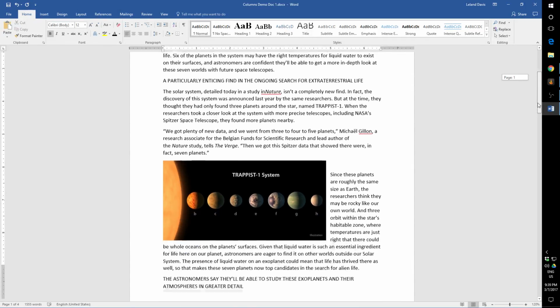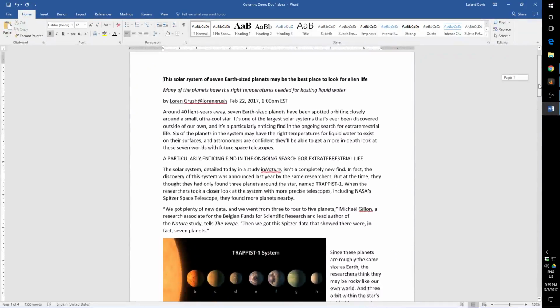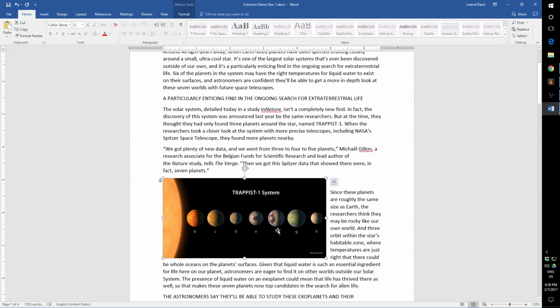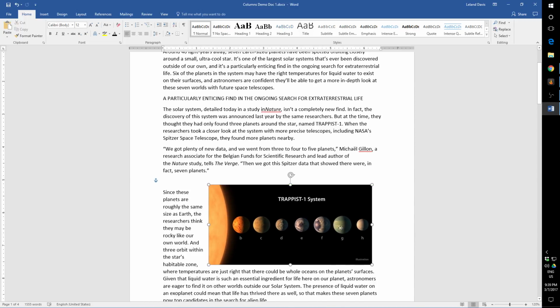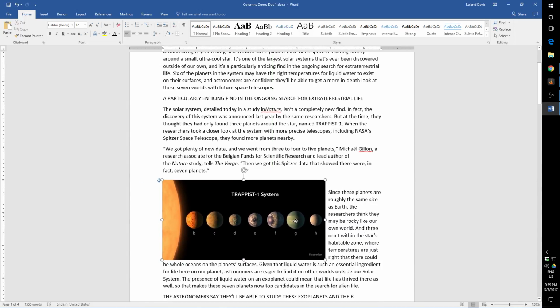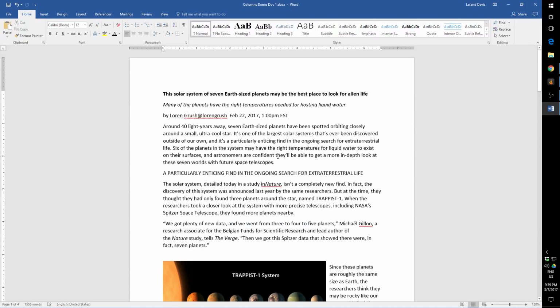So this is quite a lengthy article. I've chosen to keep one of the images in it just for demonstration purposes, and you'll notice that I've done tight wrapped text, so the text stays around it. Whenever I move my image, it works in with the text. So I'm going to just leave that alone for the moment. Our main concern for today